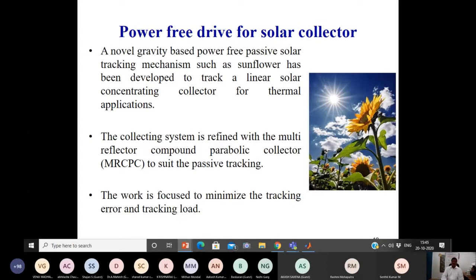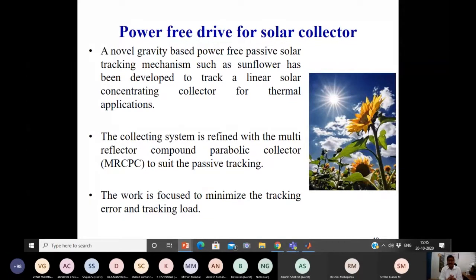Okay, the next, third point is the tracking unit. This solar geometry we applied for assessment of the solar radiation and some predictions. Then from the geometry point of view, for product development, how to develop a collector system, especially the solar tracking unit using the solar geometry, the first point is the power free tracking system.